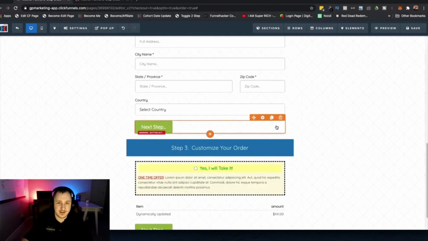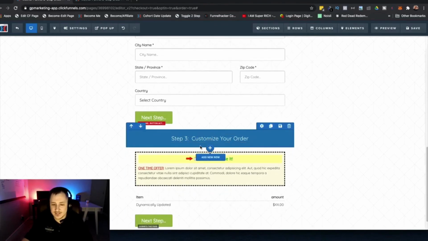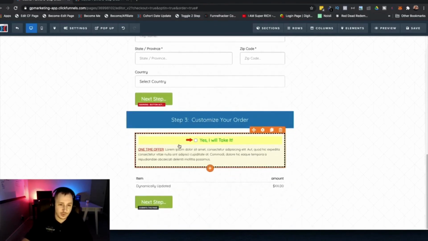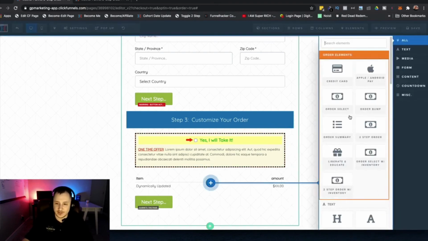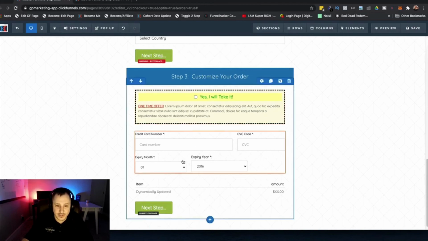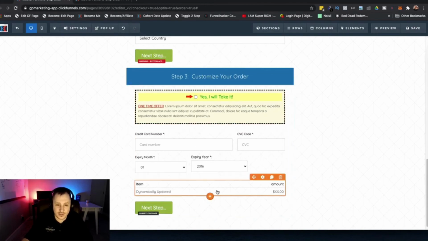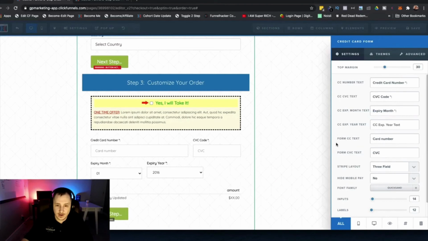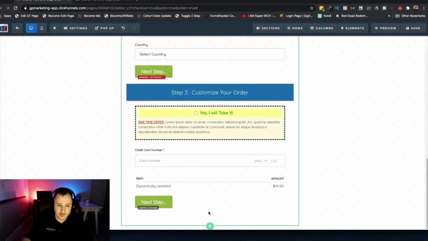I'm going to keep on saying that even if it's redundant, guys, just to make sure it's driven home, okay? The same thing with step 3. This is step-3-headline, and then, of course, we have the information in this row. We put a bump in here, and then the last thing we're going to do, because before I made the demo for this one, I apparently completely forgot to add in the credit card element. So we're going to add that in here, and that way they can click on the information here. They've got an order element and the order summary down here, so people can see ultimately what's in this cart. Just to make this lean and clean, I'm going to make this a one field layout, and I think it looks good that way.